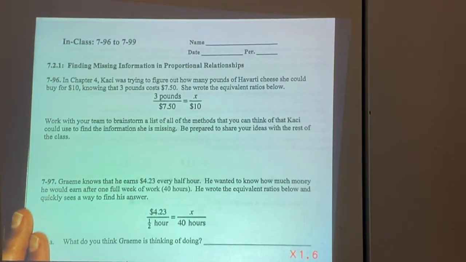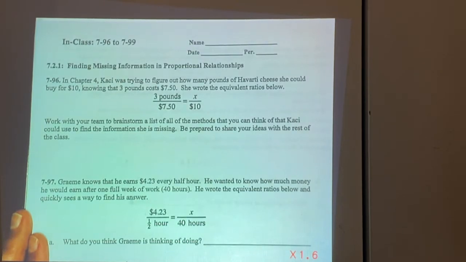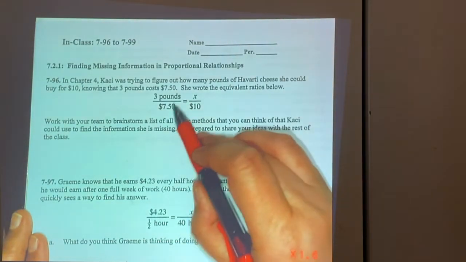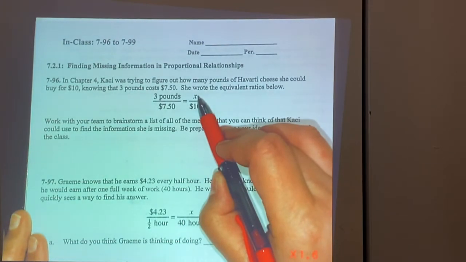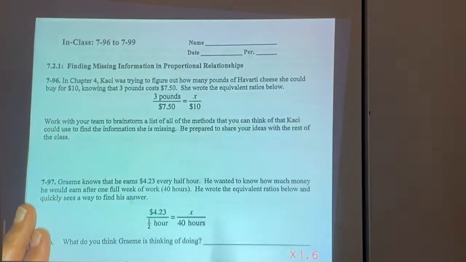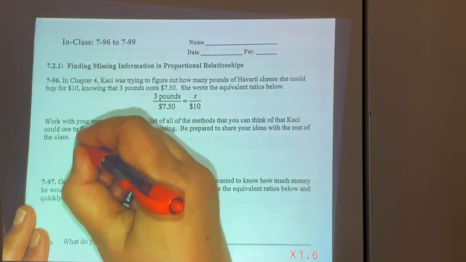Question 96. In chapter 4, Casey was trying to figure out how many pounds of Havarti cheese she could buy for $10, knowing that 3 pounds cost $7.50. She wrote the equivalent ratios below. So she paid $7.50 for 3 pounds. If she wants to spend $10, she wants to know how many pounds she can buy. Okay. So let's see. We're going to reduce